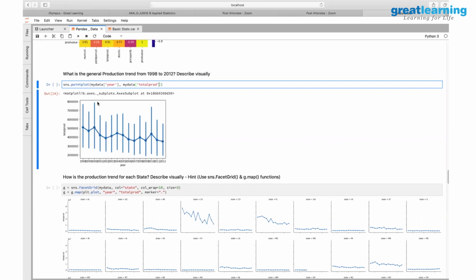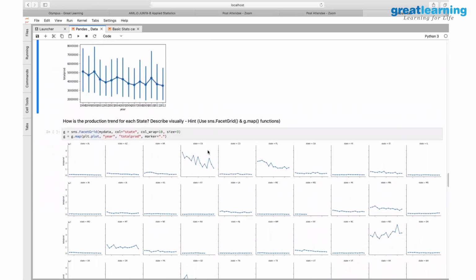But now, why these lines? What does this tell you? So each of these lines, the point plot, sorry? I think it's a range, correct? Yes, it is a range. So what is the range that is coming here? What is the minimum value and maximum value? The total range for that particular year is given by this line. That's the variation you get. Clear? That's what the point plot gives as an additional value.